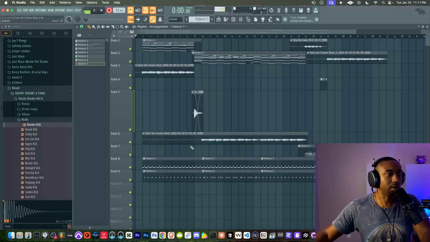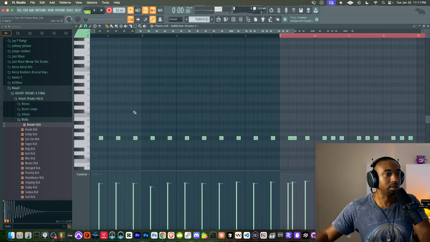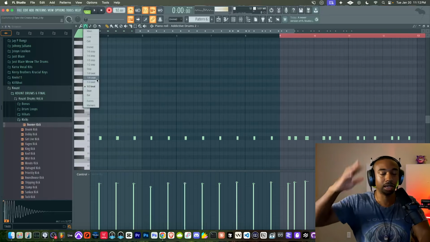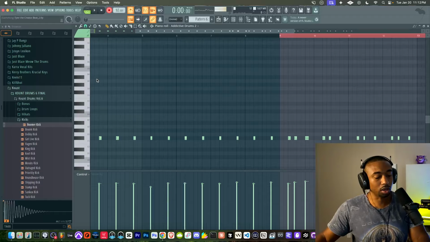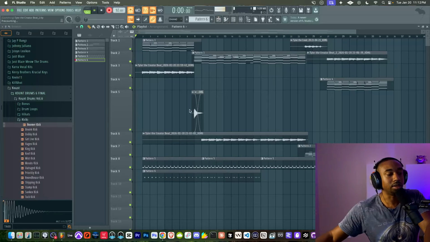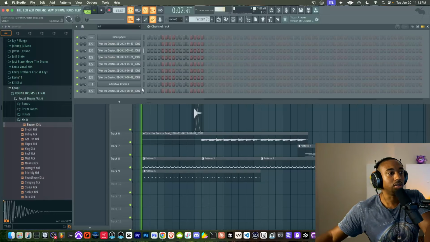It looks like my snare got off. Okay, so what happened with the quantize? Darn, we might have to Control Z that for a while. Okay, so basically when I quantized, I had it on the wrong setting. I had it on 1/2, and I usually have it for higher BPMs. I meant to do 1/4 because we're at a lower BPM. So you got to be careful with the quantize setting there, or else it will mush notes together.